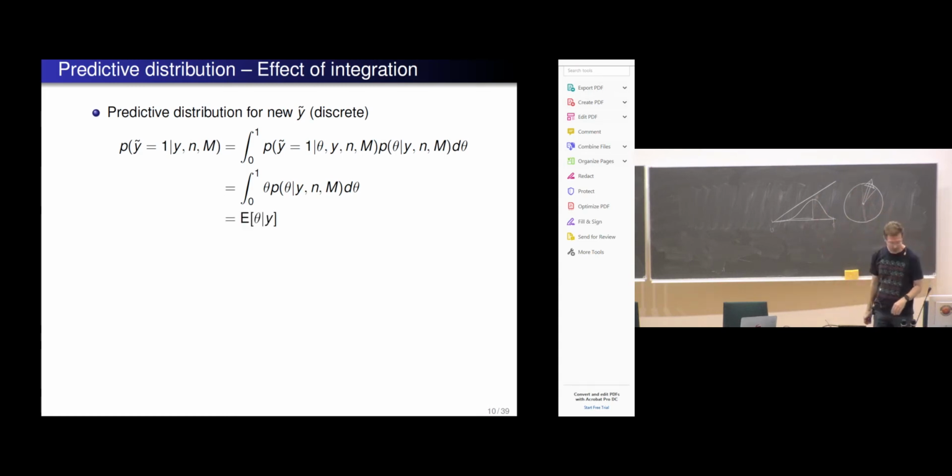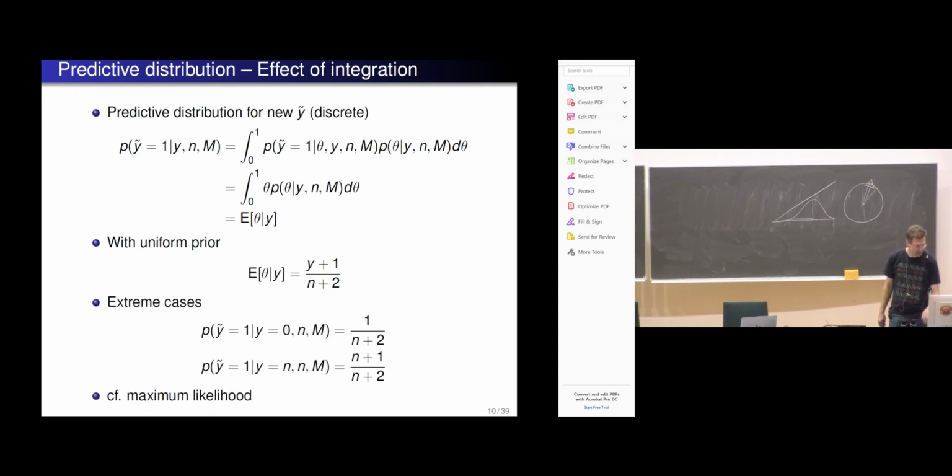So just the expectation of theta. With uniform prior, this would be (y plus 1) divided by (n plus 2), which is interesting